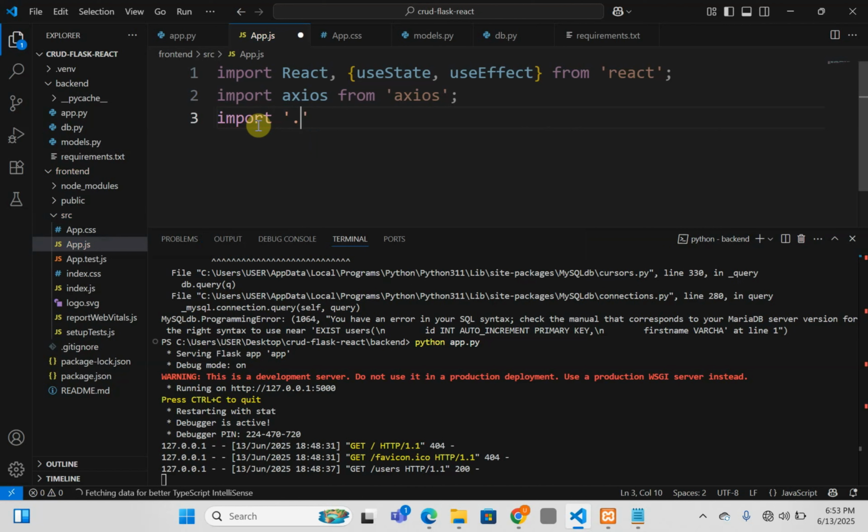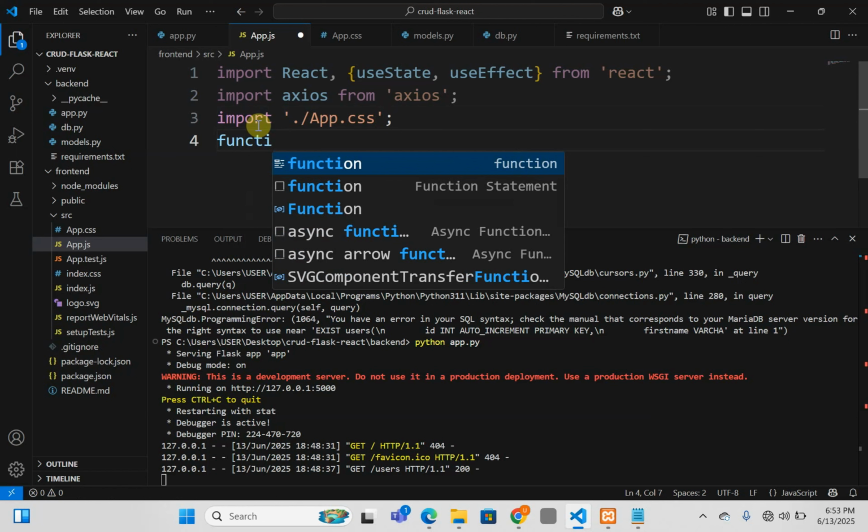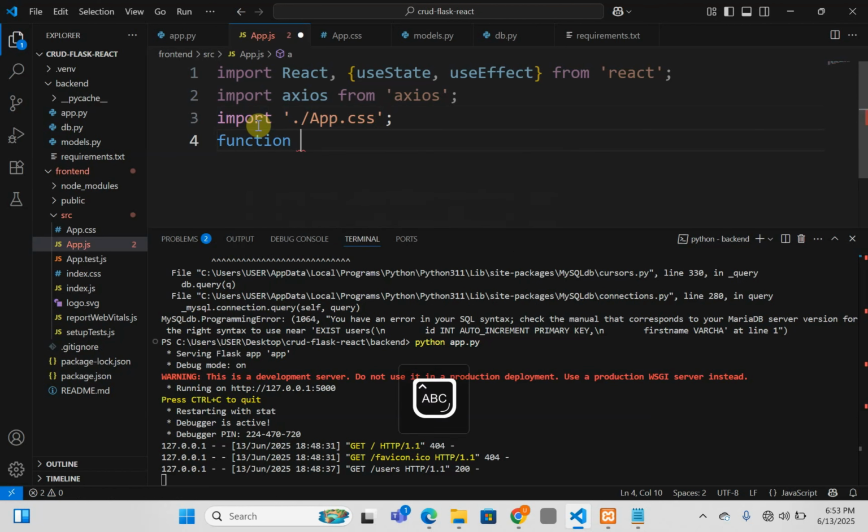So let's use that slash up CSS. So now we need the function of our app. So let's move quickly. So function up. Let's remove this. So function up, we need